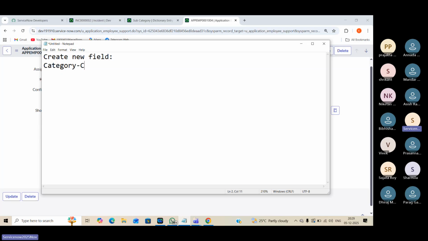category, choice. So what are the choices that it will have? Enquiry or help, hardware, software. Okay, if you consider subcategory,